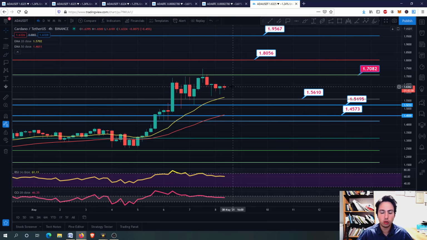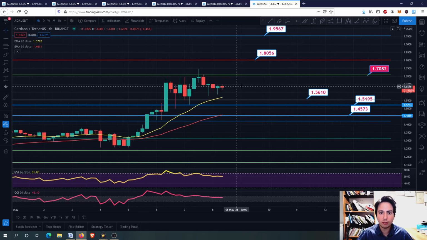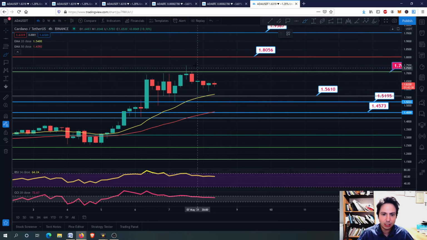If I were to hold this for the long term, it is very, very good. If I were to trade for the short term, short midterm, what I would do, guys, I would wait a little bit till I see where we will be going in the next few hours. We might retest the 1.56, we might retest to 1.51, 1.52,